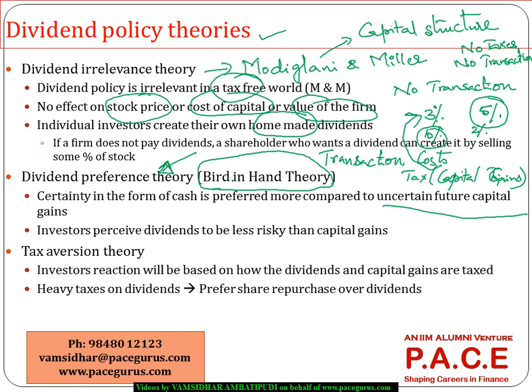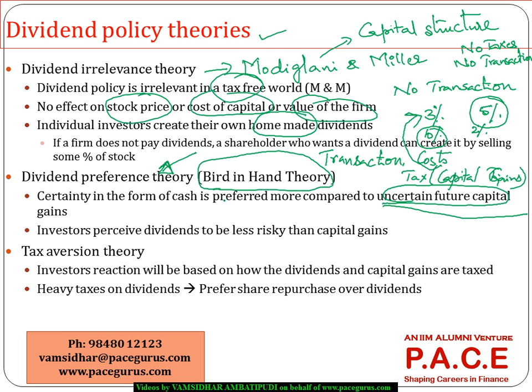So, compared to capital gains, individuals prefer dividends more as per this theory, because they see dividends as a certainty. Whatever money they are getting is more certain, whereas whatever you are going to receive in future depends on the future performance of the company and how the market, the economy and various underlying things perform, which means there is a lot of uncertainty about the future but more certainty about the present.